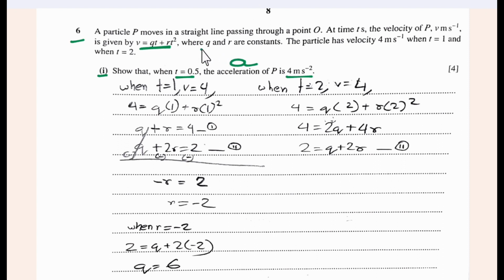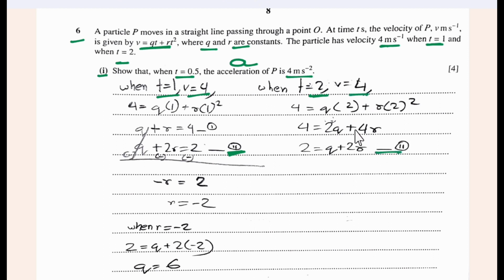So to find the value of constants q and r, we know the value of velocity and the values of time. So we just substitute these values in the equation of velocity. When time t is equal to 1, velocity is equal to 4. We substitute these values in the expression for velocity to find our first expression. Then when time t is equal to 2 and velocity is 4, we substitute this in the equation for velocity to